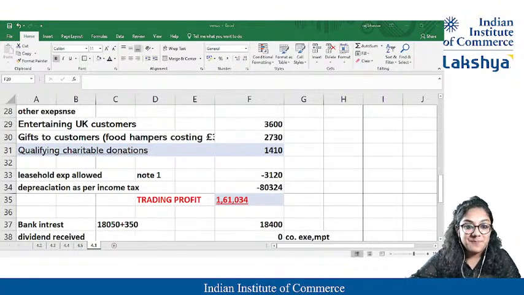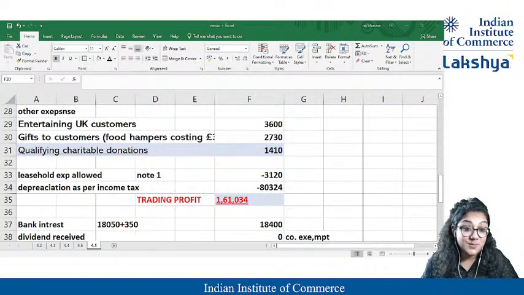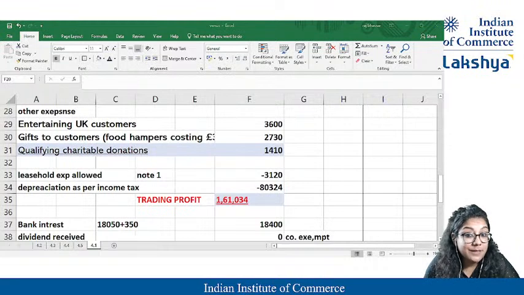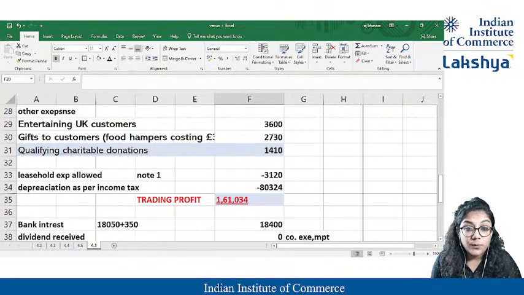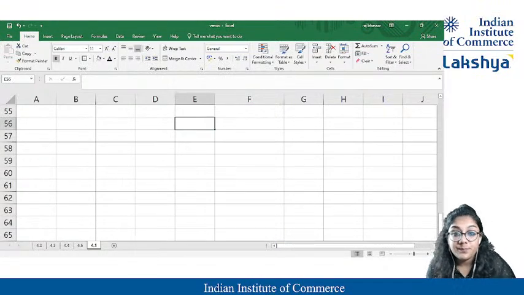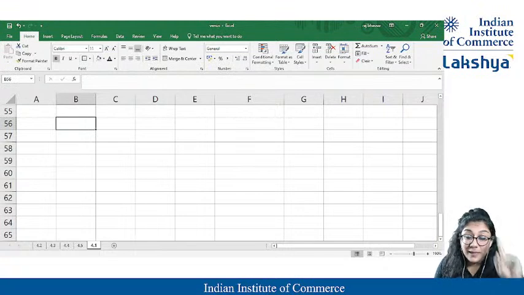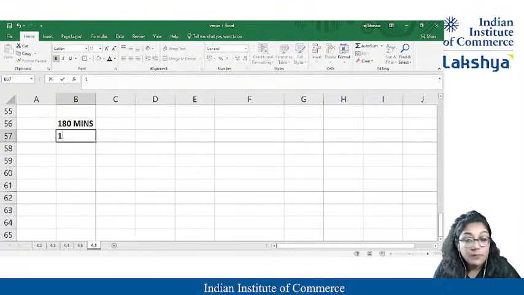So yeah, we took 3 hours to solve this only 40 marks paper, because I was explaining the concept. But once you know this, you do it on your own. I don't expect more than 1 hour and 20 minutes to solve that, because we know the total marks for the paper. Guys, you get 180 minutes. This is what I explained on day 1 also. We get 180 minutes, that is 3 hours, to solve a 100 marks paper.